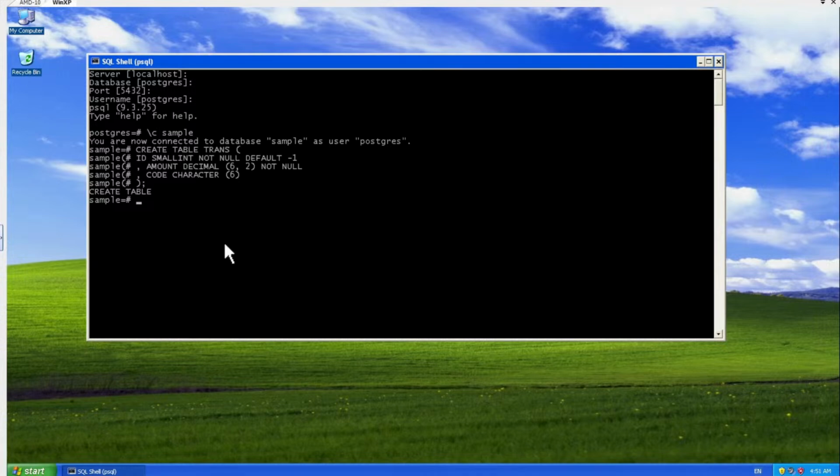Same thing, exactly the same thing. So semicolon is equivalent to go. It will also commit alongside, right? So we have created a table,